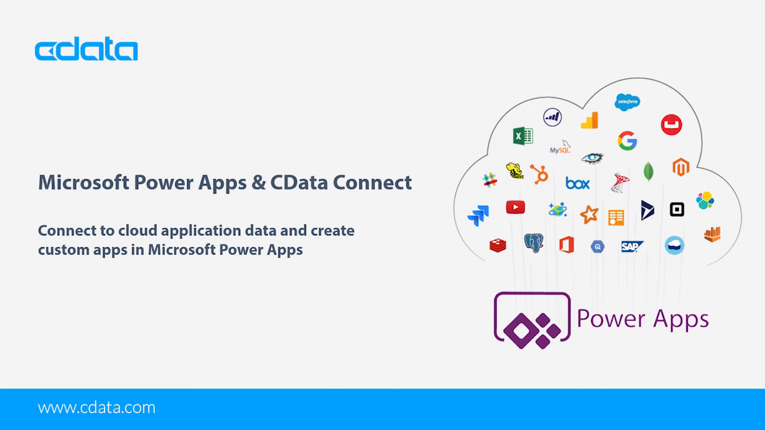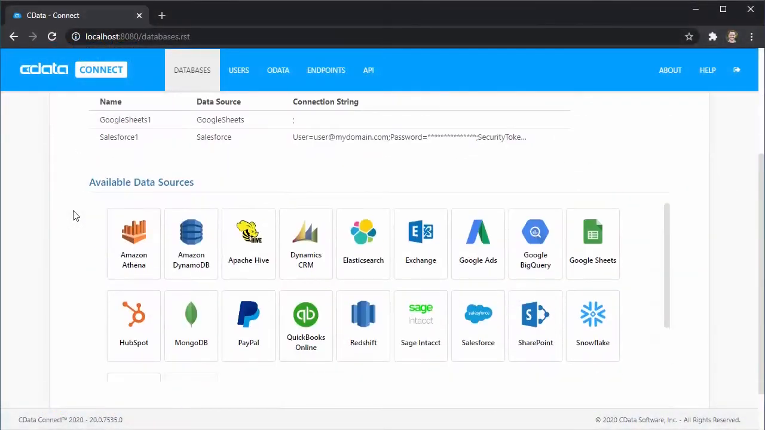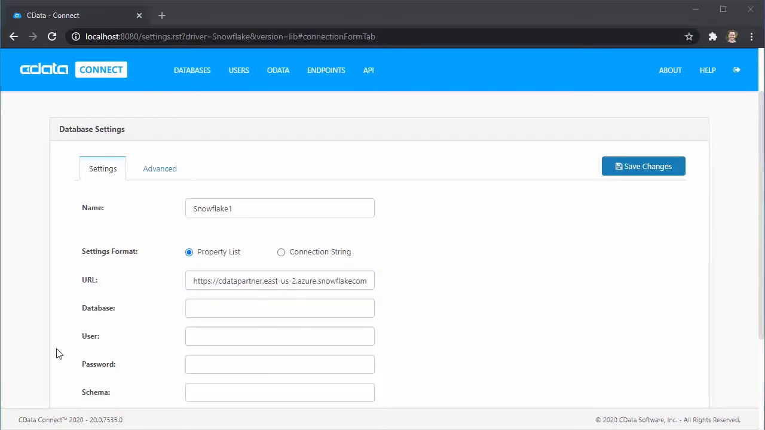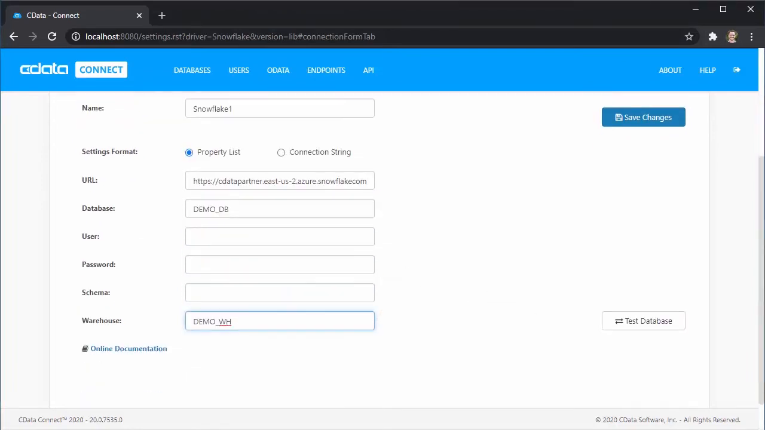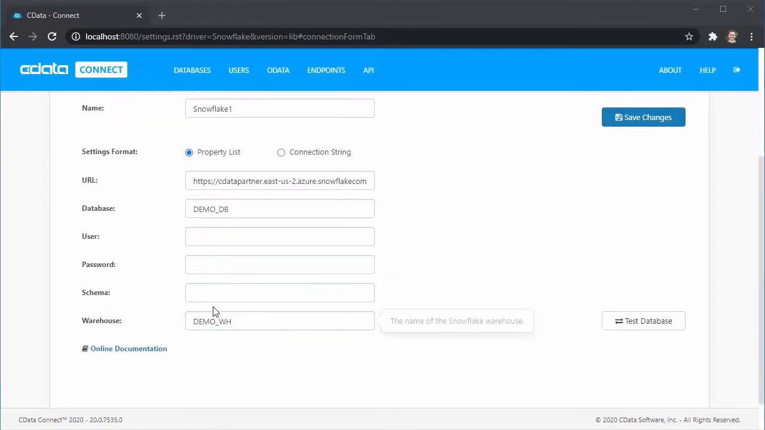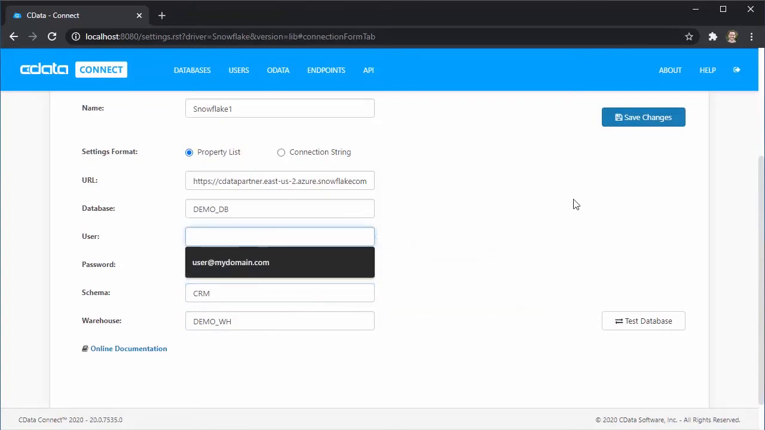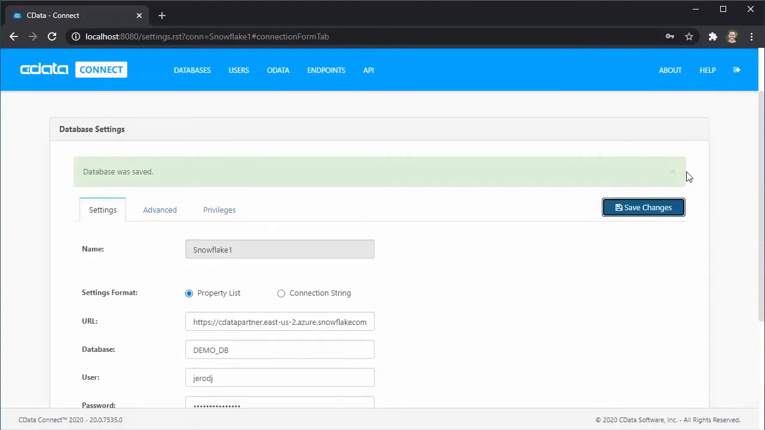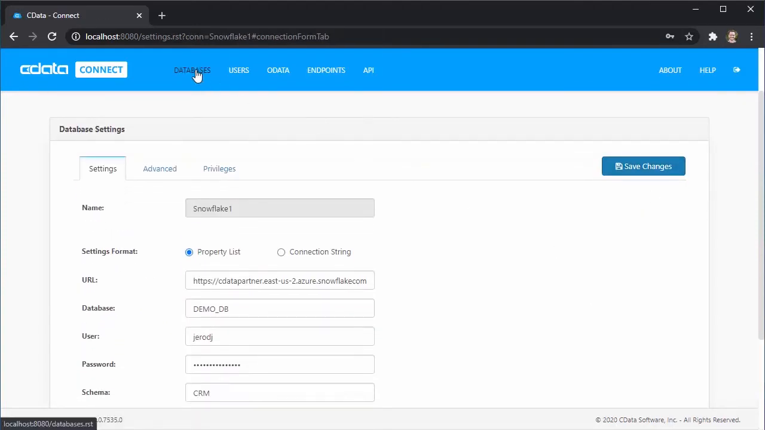If you wish to follow along, you will need a Snowflake instance, an instance of CData Connect Cloud, and a Power Apps account. Start by logging into your CData Connect instance and clicking Databases. Select an available data source and enter the necessary connection properties. Click Test Database to ensure that you have configured the connection properly. You now have a virtual SQL Server database that will allow you to connect to your application data from Power